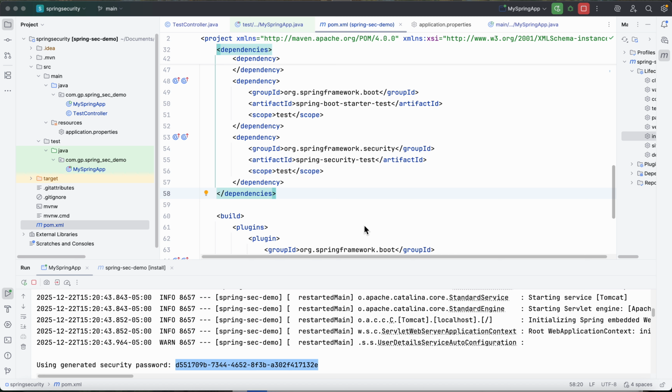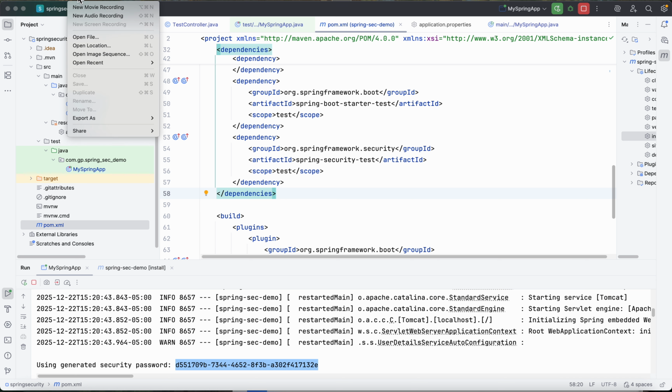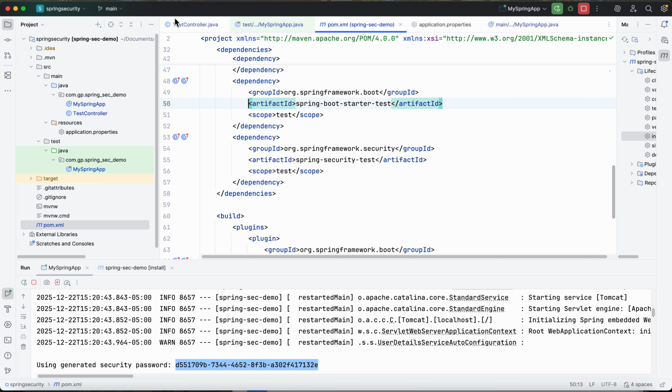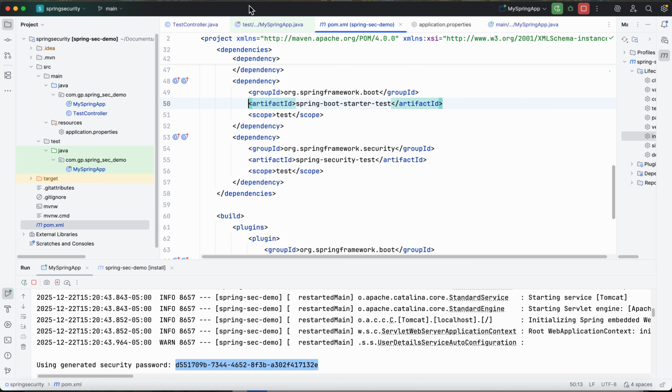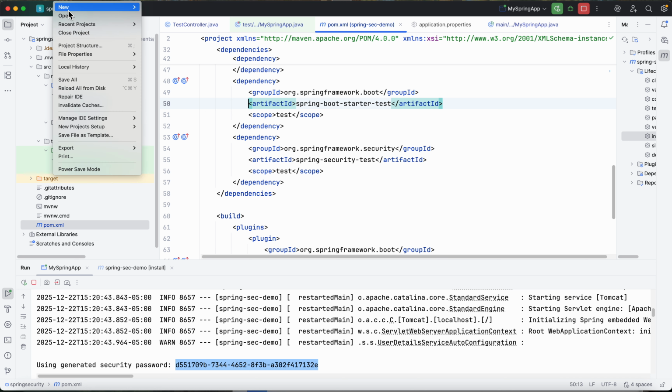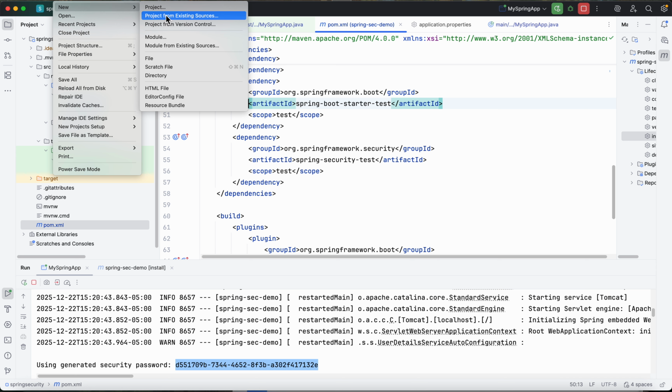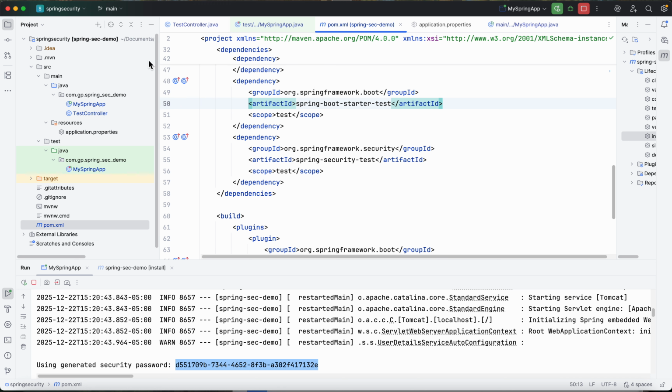So once you have downloaded the jar file, we open the IntelliJ IDEA IDE and import that downloaded artifact using the IntelliJ option: File, New Project from Existing Source. Once you import that particular project into IntelliJ IDEA, we will see